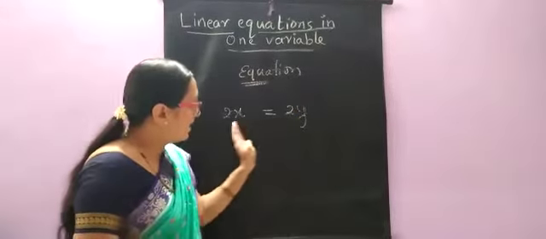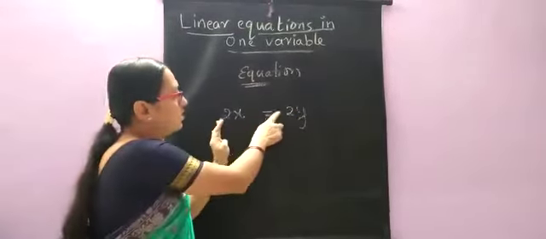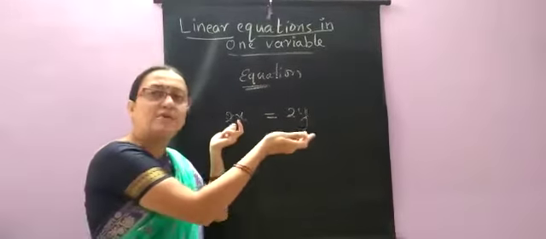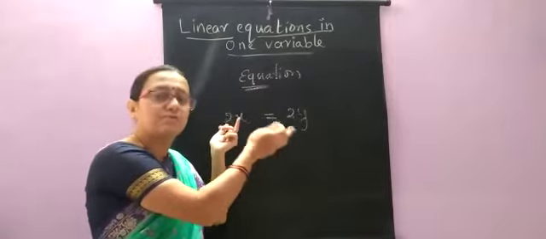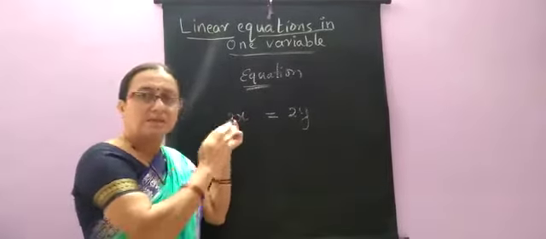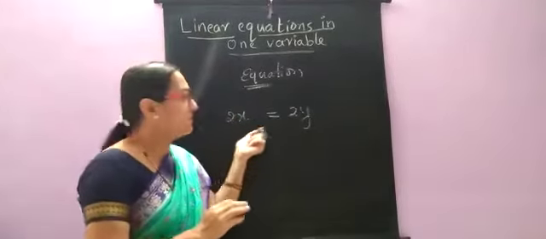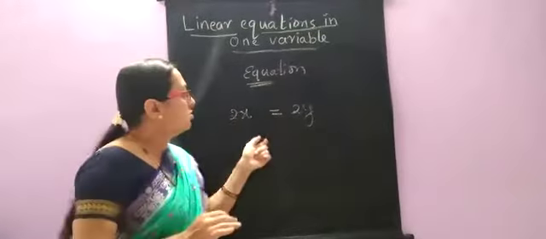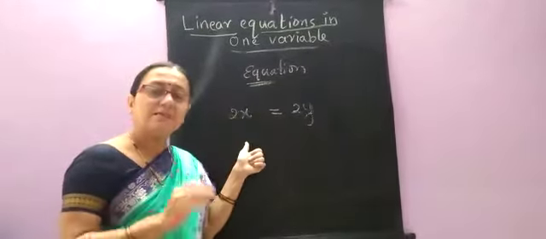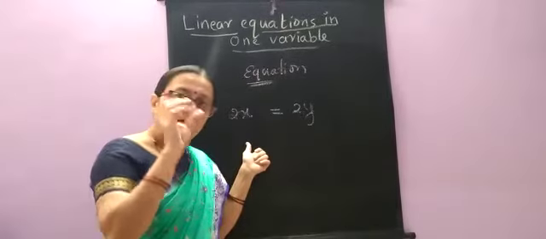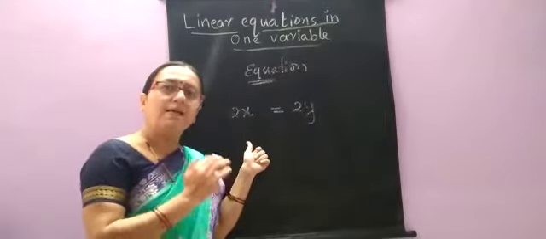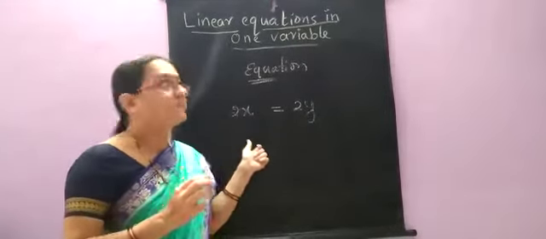So if we take an equal to sign, on either side we write two expressions. Then, according to this, 2x equal to 2y. It means that the left hand side and right hand side values will be equal when we substitute the values here. This is the meaning of an equation. This was just an example. Okay, it may not be a proper equation. So any equation means that on either side of the equal to sign, when we write the expressions, it forms an equation.